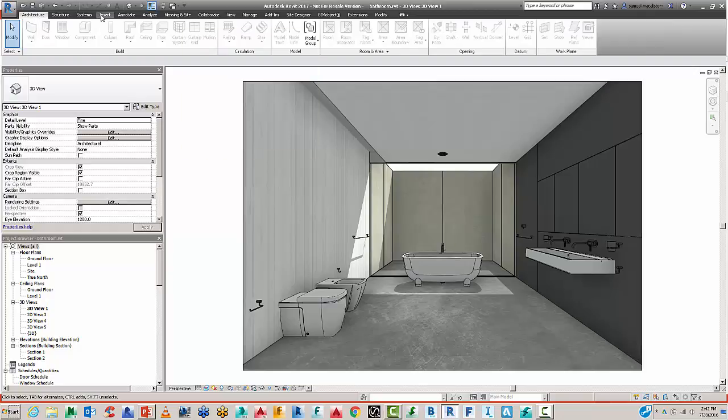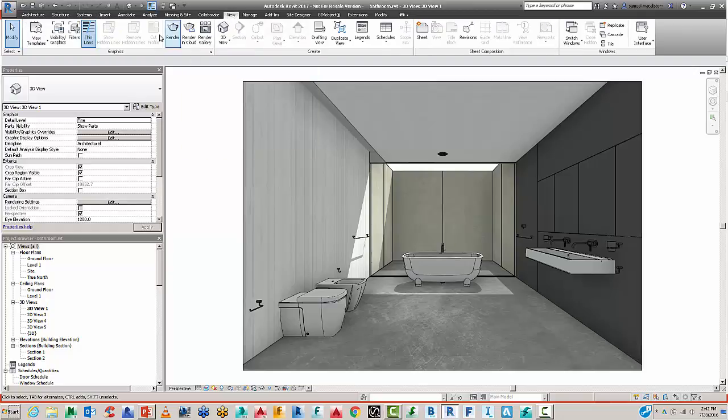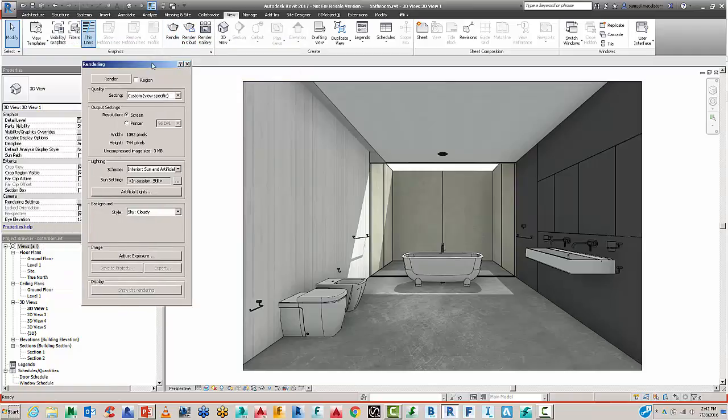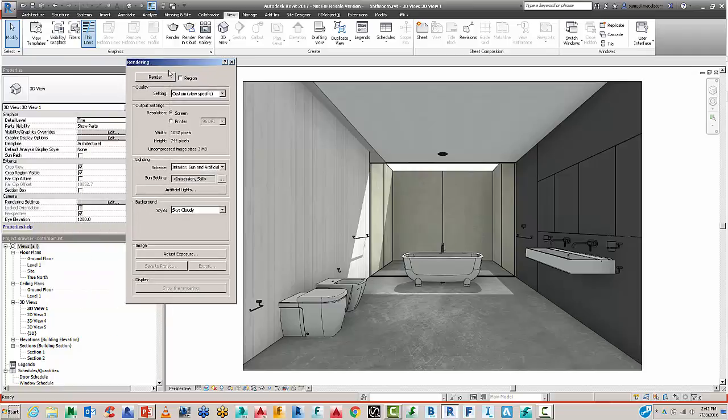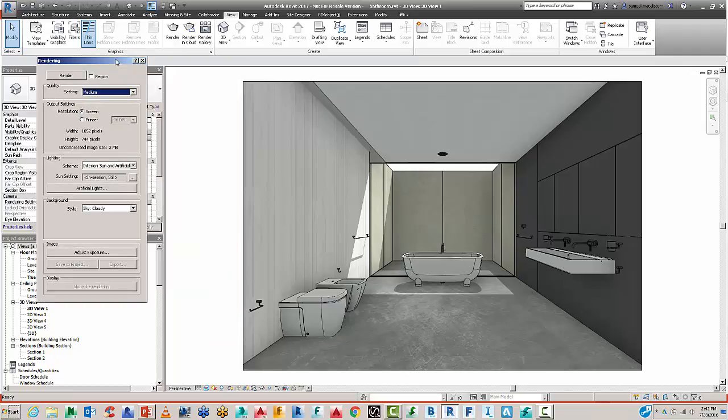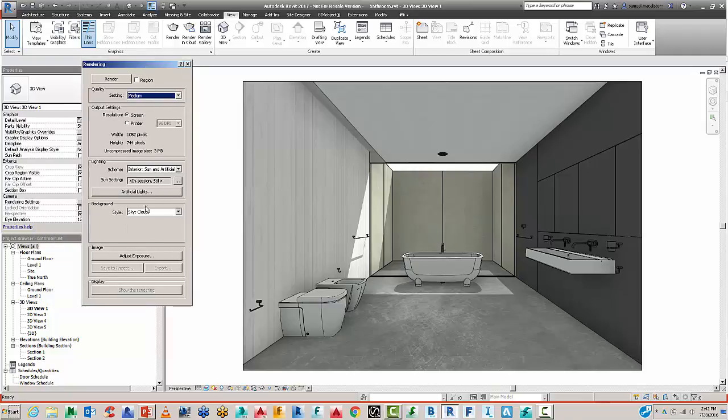So with your Revit application, you need to navigate to your View tab, and what you'll notice, I'm using 2017 here. If I want to render directly in the application, I don't have the option to flick between Art Render and Mental Ray in this new version. I just have the ART render, which is the new Autodesk ray tracing rendering engine. So what I've got here is some of my basic settings. If I just do an interior sun only rendering here with no clouds, and I won't adjust exposure,